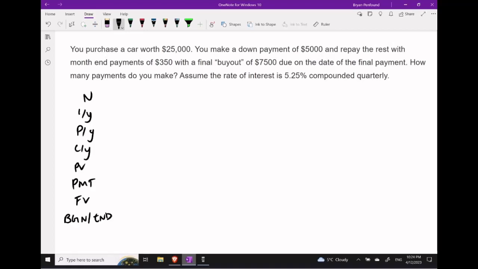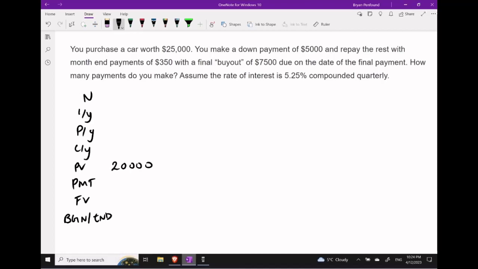Let's begin with the $25,000 worth of the car. We're actually going to make a down payment today of $5,000. So that means that we technically have taken out a loan of $20,000. What we're going to do here is take the $20,000, consider it a positive, either because